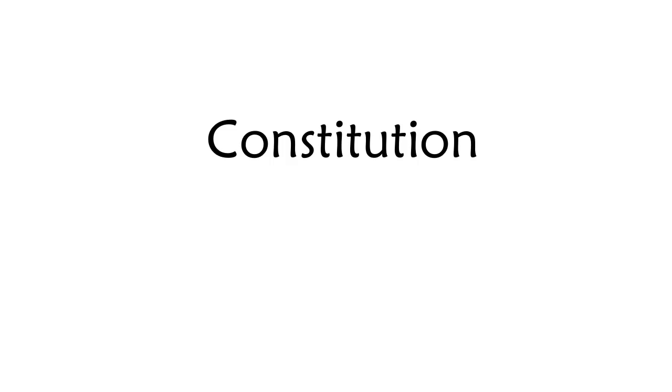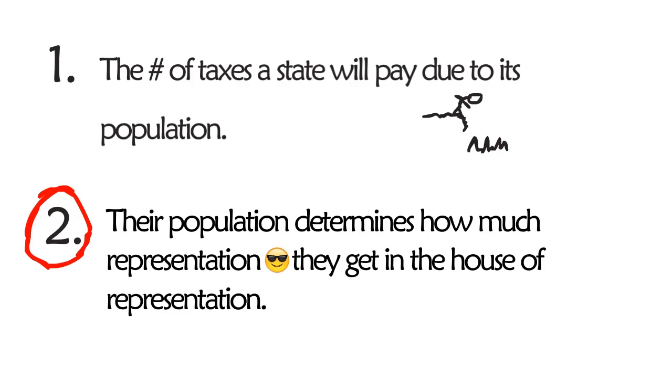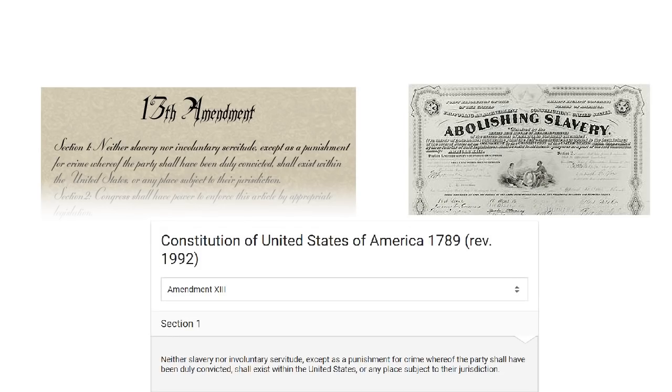In conclusion, the 3/5 compromise is pretty darn important when it comes down to understanding not only the Constitution, the Convention and compromise, but also, and I kind of believe, sectionalism and the Civil War. So to break it all down, through this compromise, for every 5 slaves we count as 3 people, which goes toward your being taxed and your representation in Congress. Of course, this goes away with the 13th Amendment later, which nullifies it.